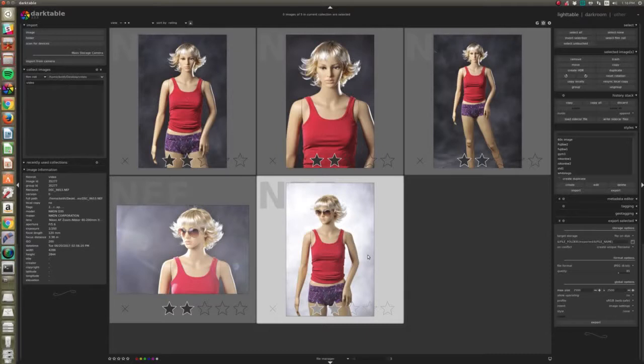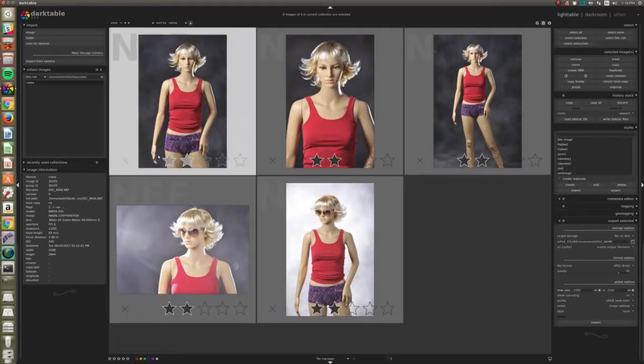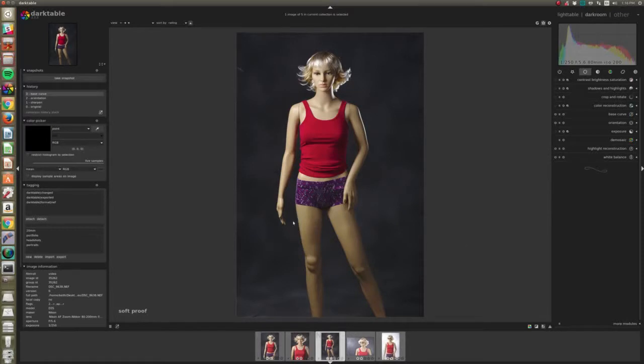So in that way, you can always move things up and down. If something I have as a 3, I look at and think, no, I don't like this at all, I can just take it back down to a 2. So let's start off with this. What are we going to do with this? Let's take down